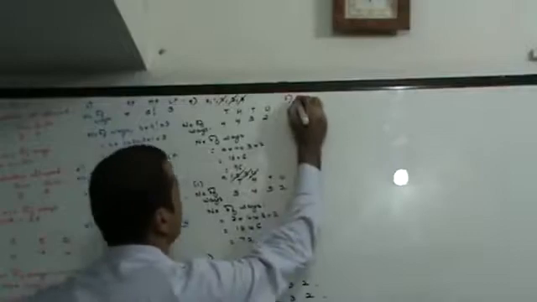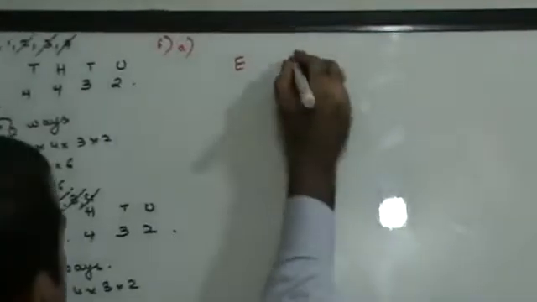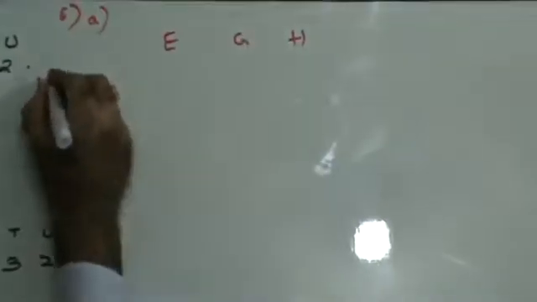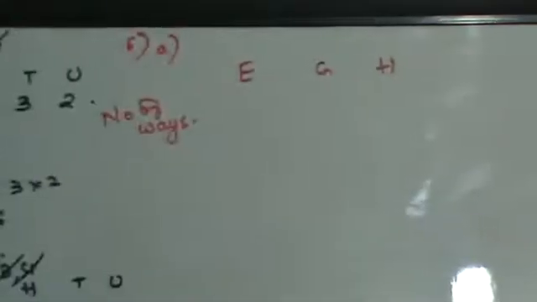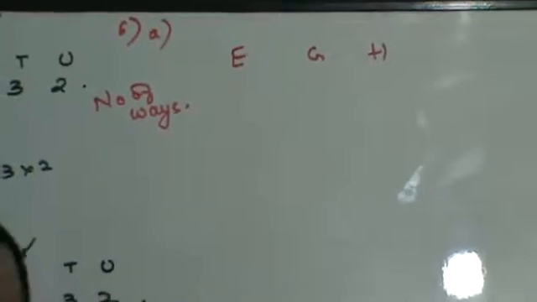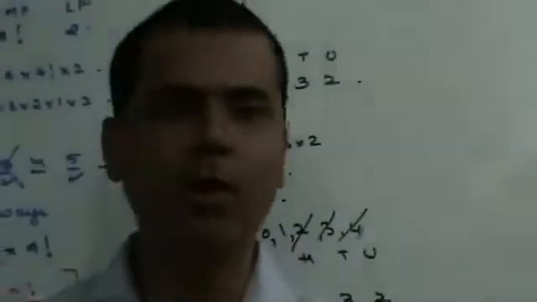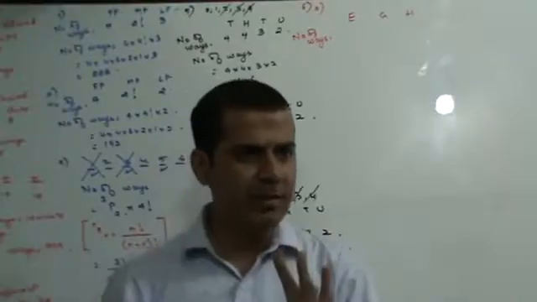6. First part of the question. All books of same subject are together. The three subjects you have are eco, geography, and history. Number of ways. They are saying that there are 3 books of economics. Now guys, when I try to arrange the 3 books of economics on the shelf, how many places will they occupy? 3 places. 3 books, 3 places.